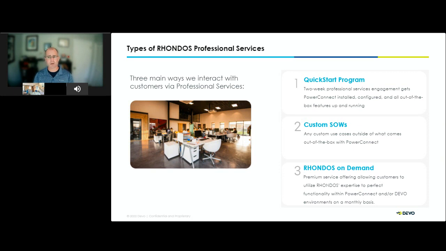Our Quick Start program, like I've mentioned before, is exactly that, a repeatable set of activities that stands PowerConnect and the out-of-the-box functionalities up in a customer environment over a 2-week period. The Quick Start program is an 88-hour professional services engagement. 8 of those up front are entirely flexible. It includes project management time,